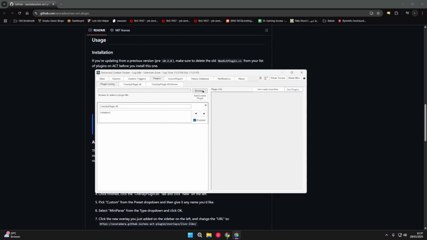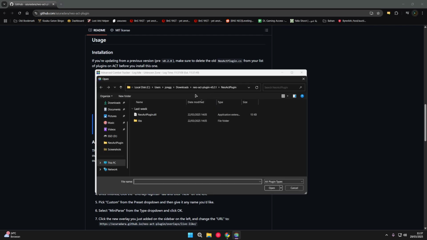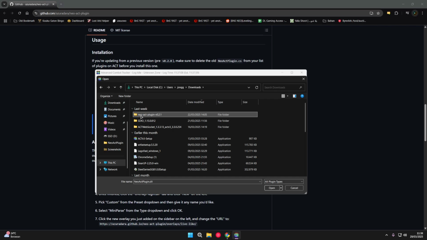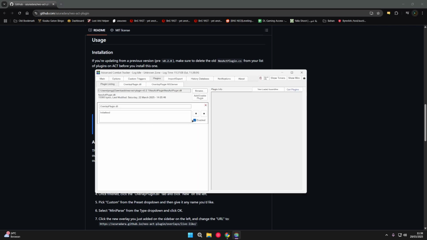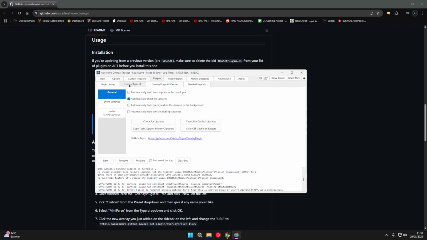Close this one, and then we hit this browse button, this little browse button, and then you take the Neo ACT plugins from the folder you extracted. After you extract, it will look like this: the folders, Neo ACT plugins, and then you hit add enable plugins. After these two, you gotta move to the overlay plugin. You make a new one,